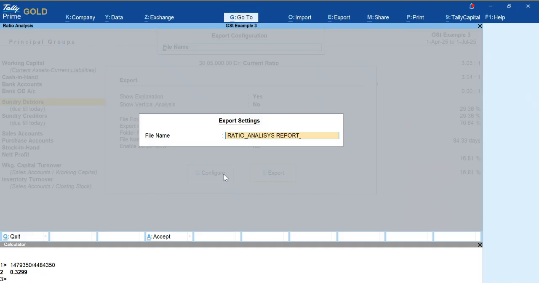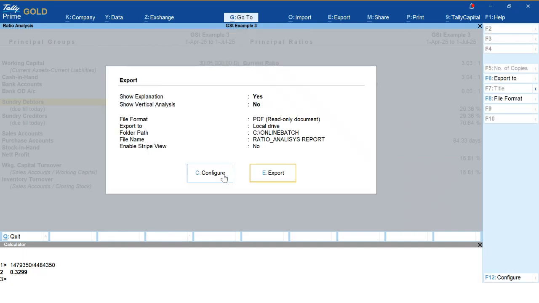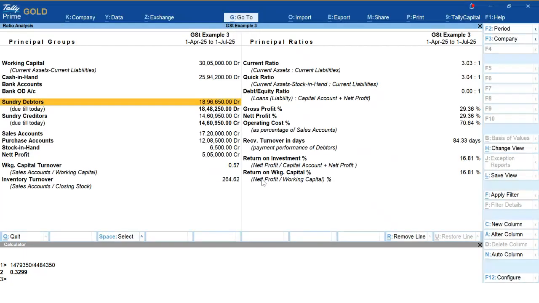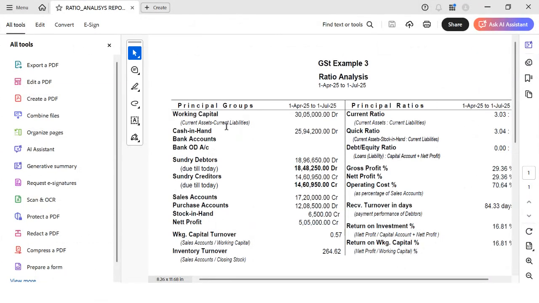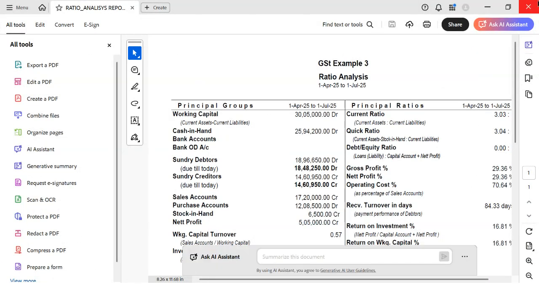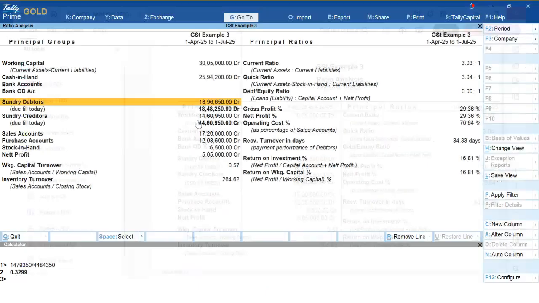Report. Okay, enter. Now Control A, export. Now your report is exported. Here is your report in a PDF format. Now on the presentation,